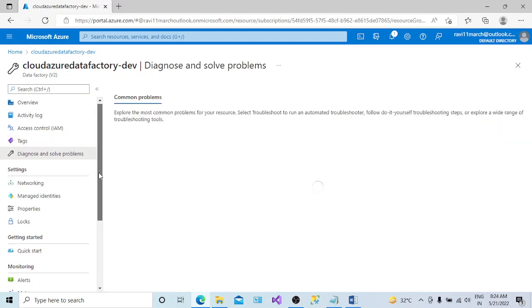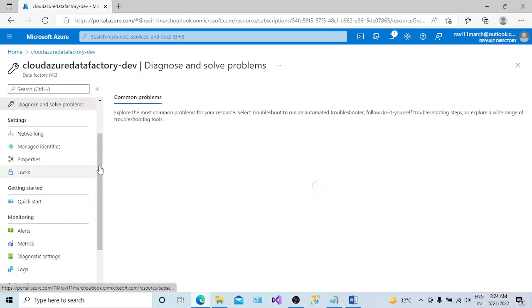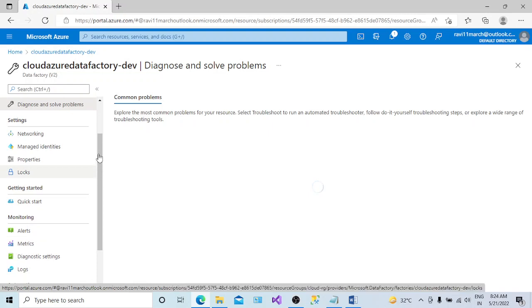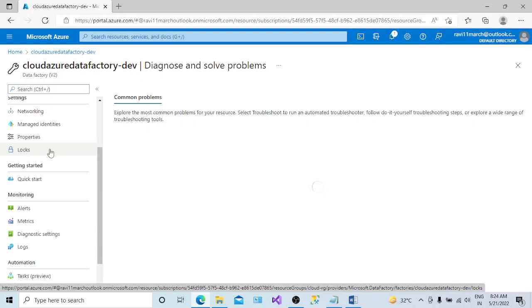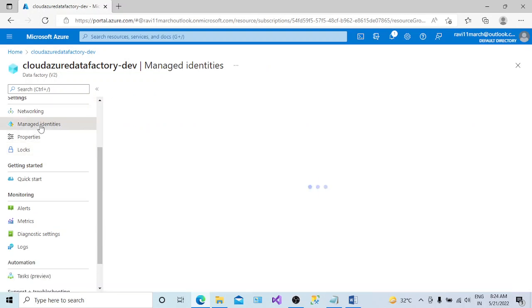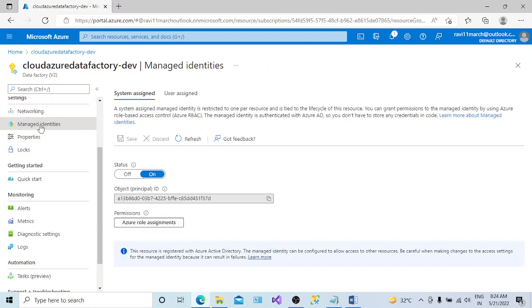Diagnose and solve problems, no need to worry about as of now. So here if you see networking, managed identity. Each of the resources will have their own identity. Suppose as a person, we have an identity as an Aadhaar card, right? Similarly, we have an identity in cloud as well for the services. So managed identity is one of that. There is an identity which is created by the system, or we can also create an identity for our